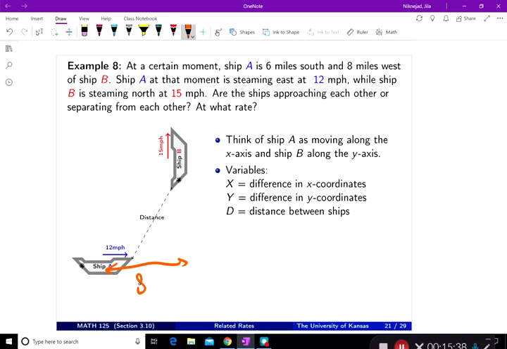And at that instant, it is 6 miles south, and this is 6 miles. And so you're getting the gist of this, because you see that there is a right triangle over here. We know that these distances are changing, and we know some of the rates